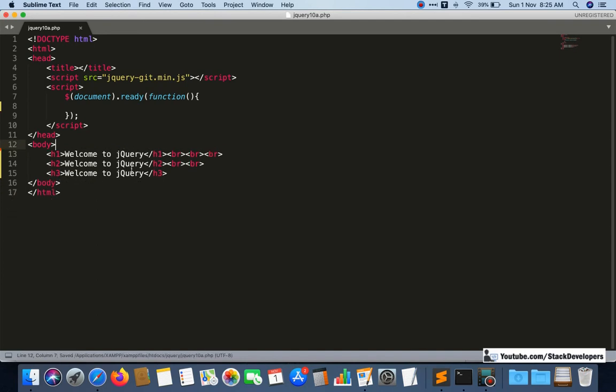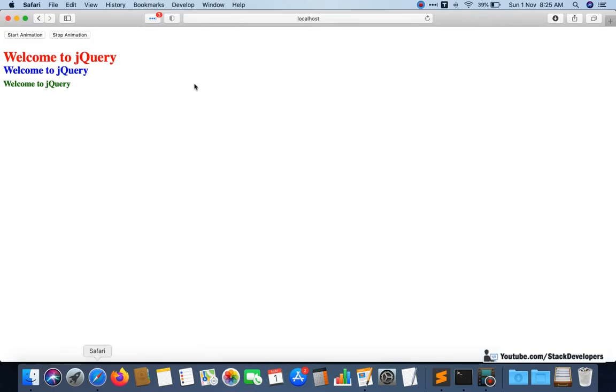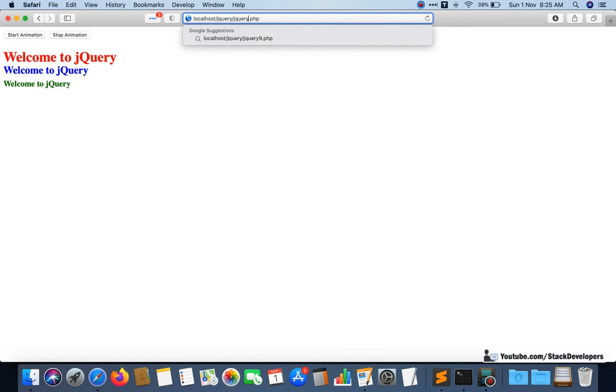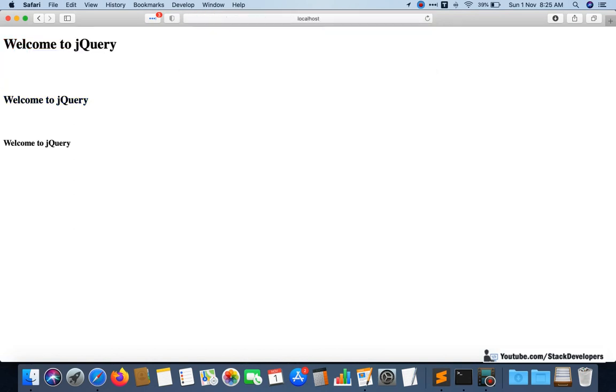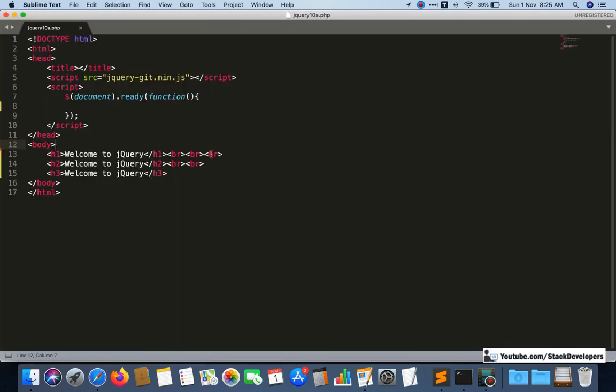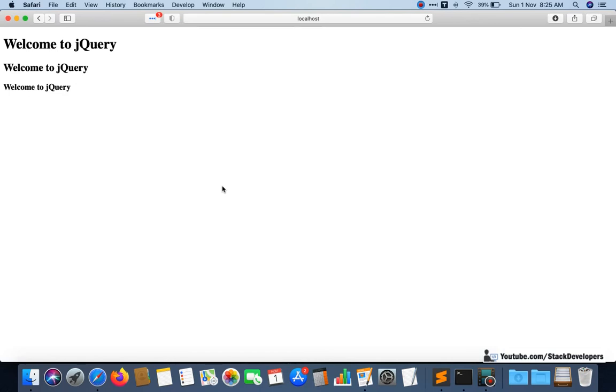Now it is plain HTML and jQuery, and no function is there. I will check once, jQuery 10a.php. You can see welcome to jQuery, welcome to jQuery, welcome to jQuery. These breaks are also not required, so I can remove them as well. Now it is like this.